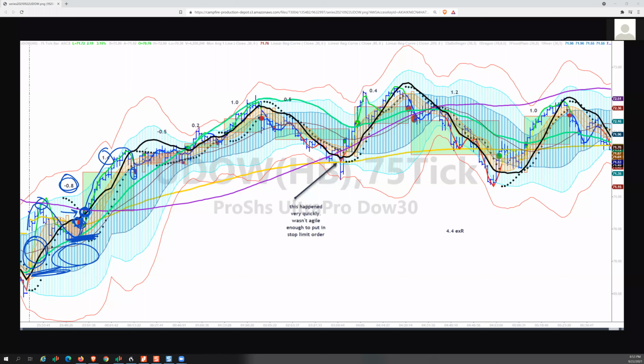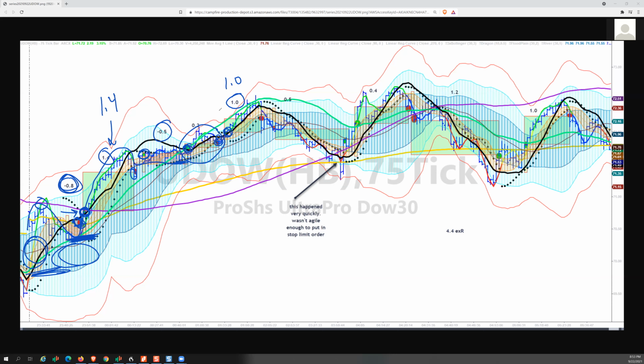This was a reasonable re-entry, and I like the exit here, and I love the re-entry. There just wasn't much to make on that, and so another strong re-entry. So notice that his gains, 1.4, 1.0, are bigger than the minus 0.8 and minus 0.5. So he's cutting the losers, and he's letting the winners run reasonably. And in this case, he got what was there. He didn't let that go negative. That's good.